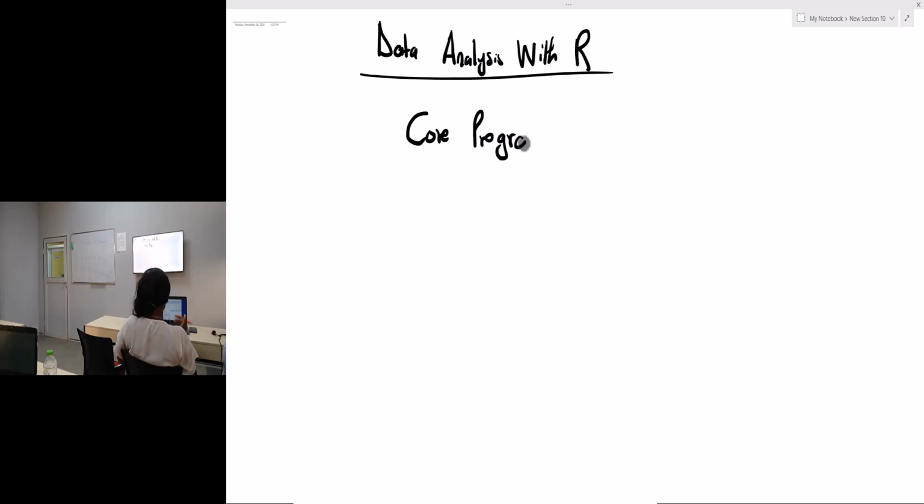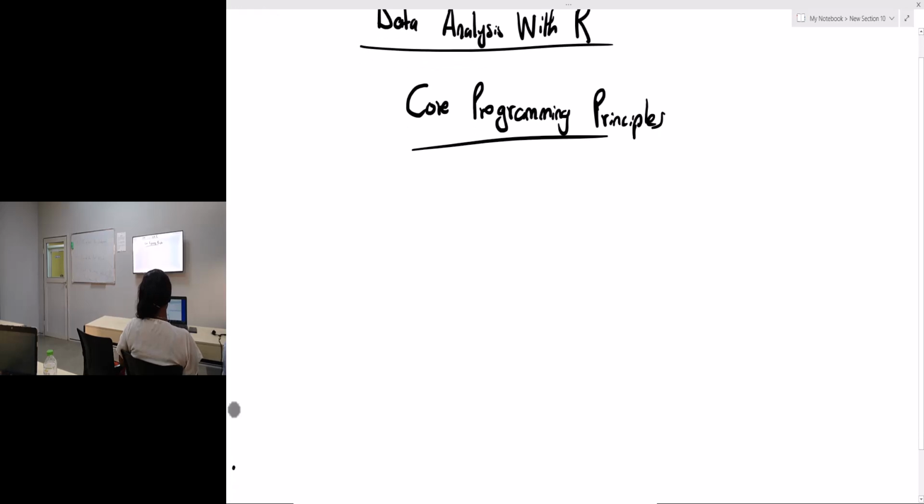You can only comment. The same pattern: hashtag or pound sign. So first thing, when we say core programming principles, this is something that is applicable to all programming languages. That's what they are called, programming principles. Then we'll look at the syntax and the principles that are unique to R, what makes R different from Python and the rest. So the first thing we'll talk about is variables